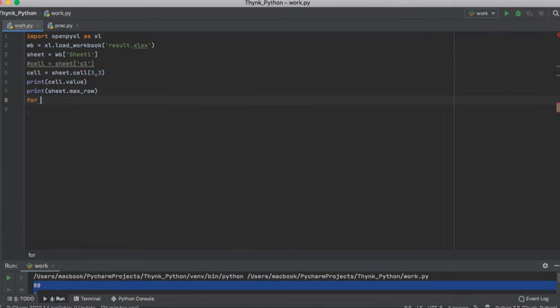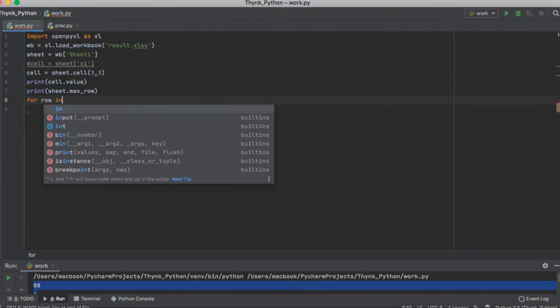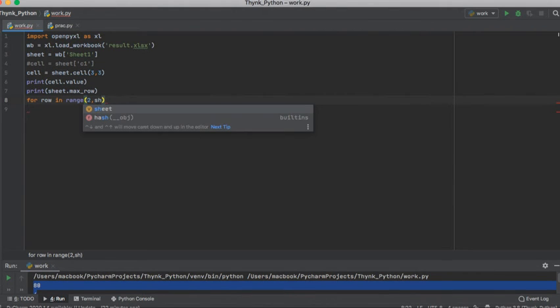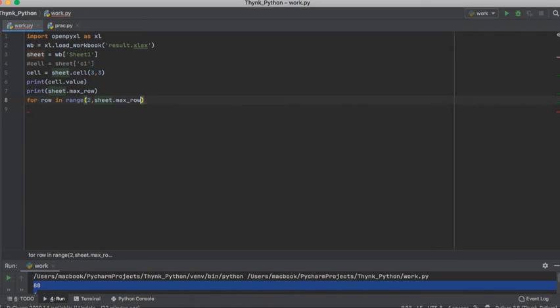So for row in range. What should be the range? First row we do not want because that is the title, so it is a string. So I'll start from the second row, 2, comma, and I'll go till the maximum number of rows that we have. That is given by sheet dot max row, and I'll add 1 so that I get to the last row.